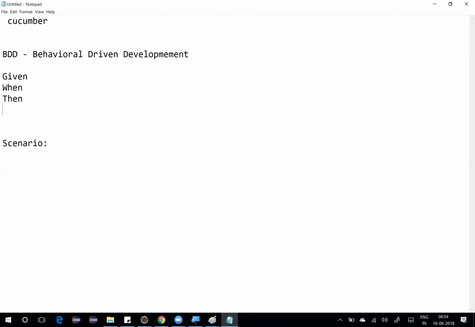In Cucumber, they also support two more BDD words. One is called And, and one is called But. For example, if I'm building a scenario, the scenario should be wrapped inside the Given step. For example, let's consider a loan. Given the loan applied for $20,000,